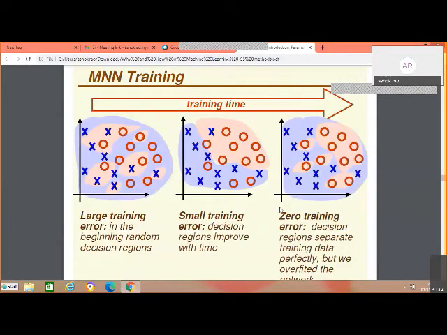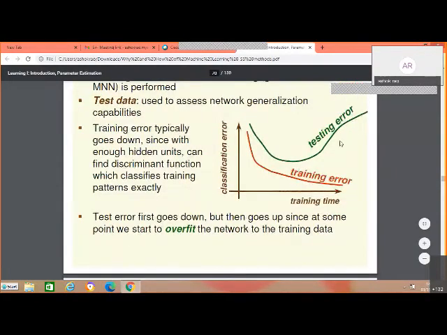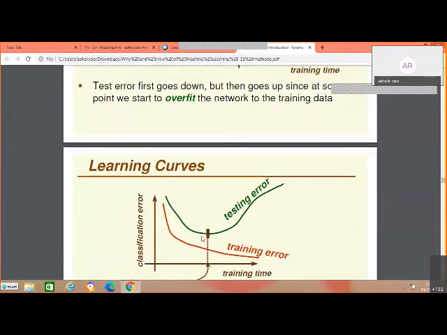So typically what happens in training is, as you train, the error goes down, but too much training is also not good. We'll come to that. You see here, training error goes down as training time increases, but after a certain critical point, just like the number of clusters, or the number of features also, the testing error goes up. So you have to be very careful about overfitting and underfitting. Normally, the mistake made is overfitting.